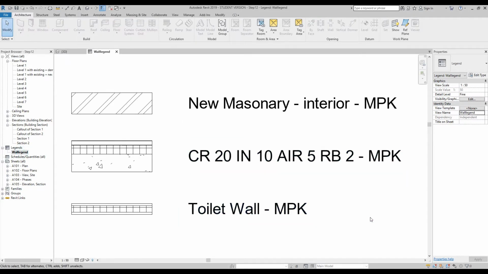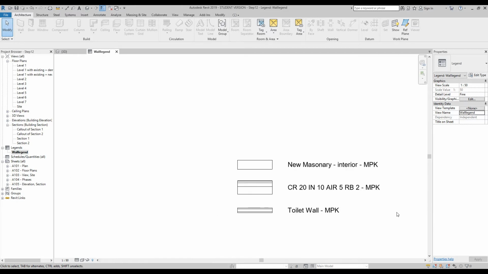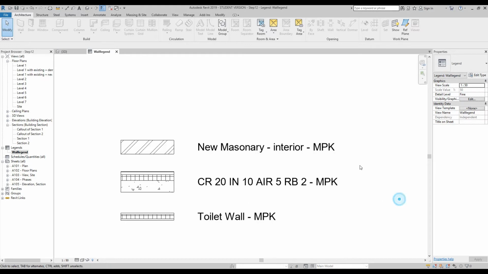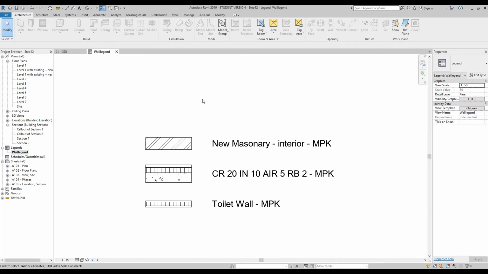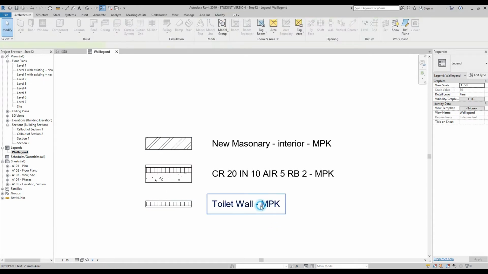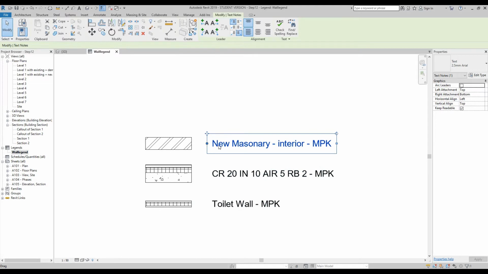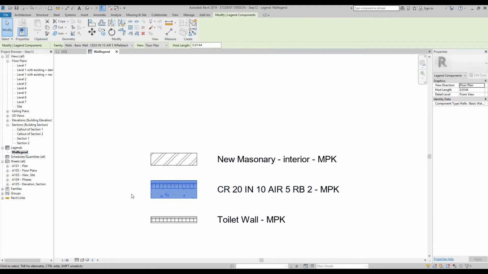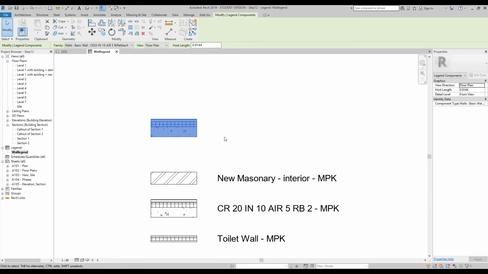Now, Wall Legends, or legend in general, is pretty much a key that you can place on all sheets within your project. Now, as you can see on your screen and mine, we currently have 3 different wall types and some generic annotation which was manually written. If we select this CR20 and copy it up with a copy tool and place it around about here,